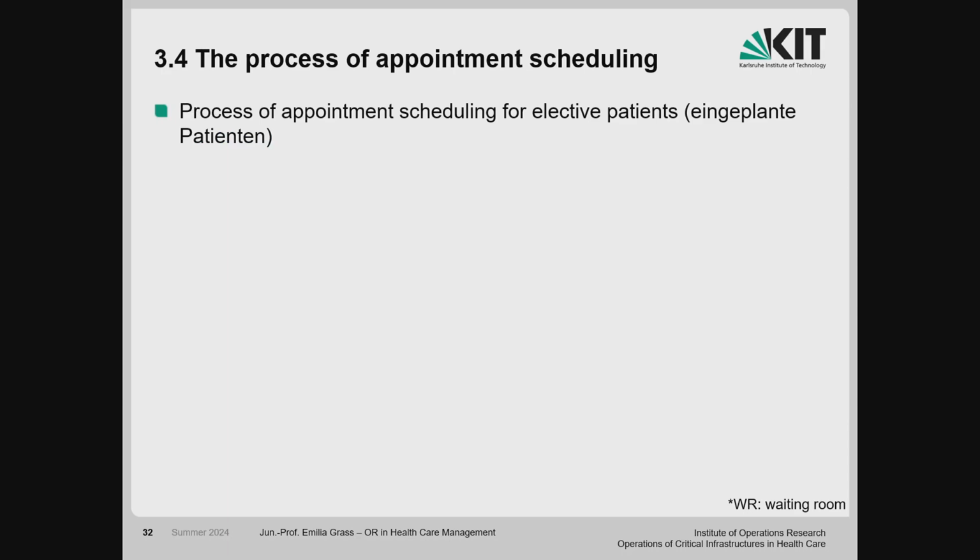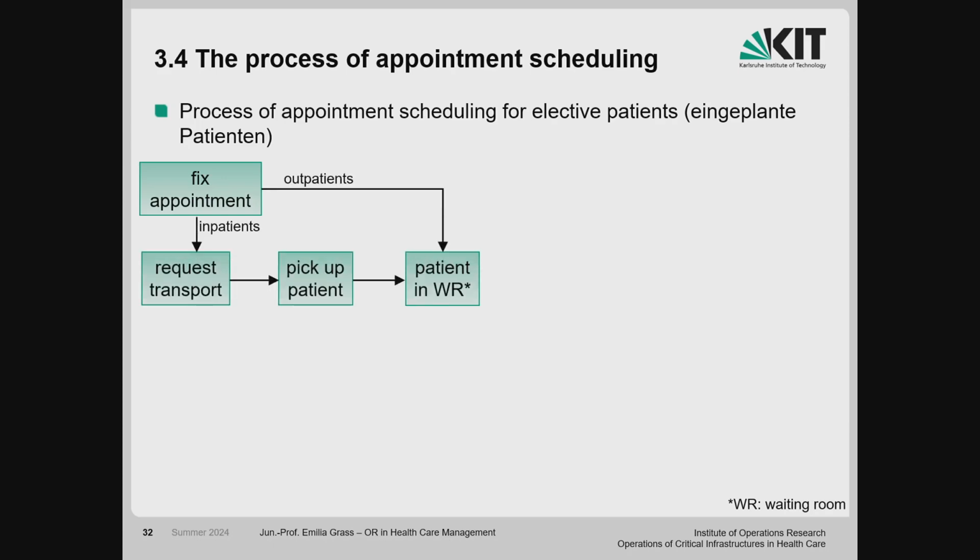What they wanted to understand, first of all, is the process of appointment planning, especially for the elective patients. That means patients are calling, asking for appointments, and they get an appointment in 2, 3, 4 weeks. So electives are always those patients who get an appointment, different to emergency patients, for instance. Okay, so the process is a simple one. They get an appointment, and depending on whether they are outpatients,